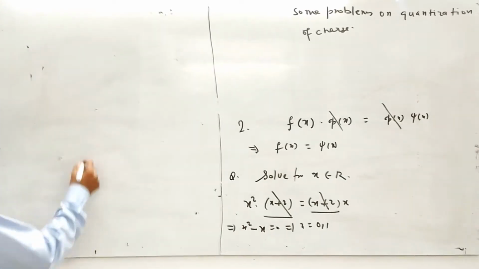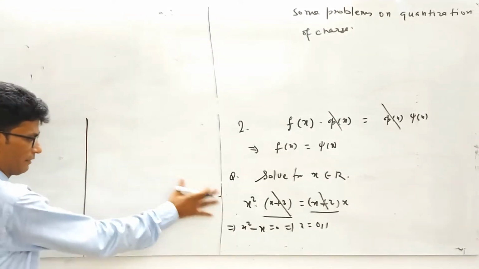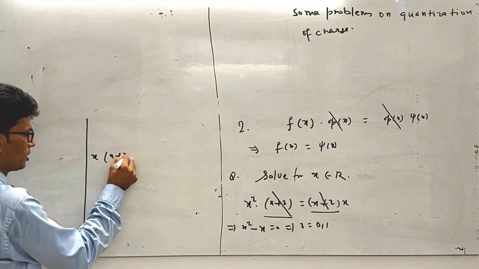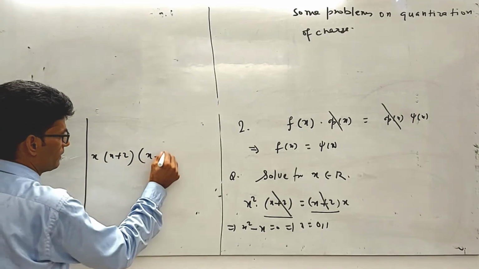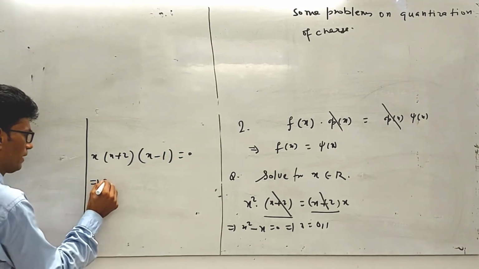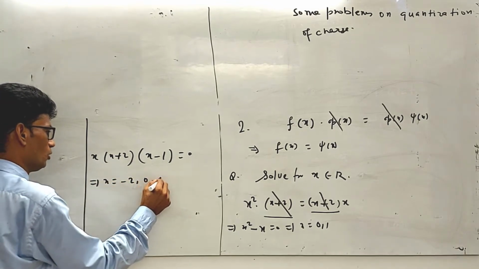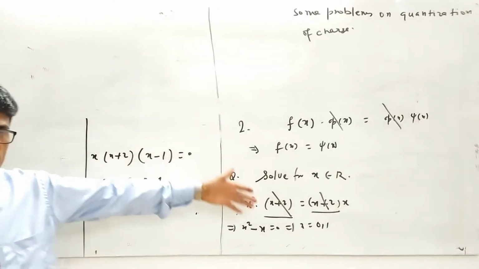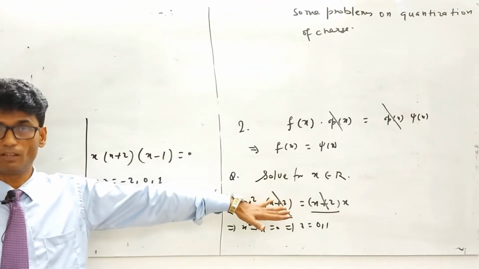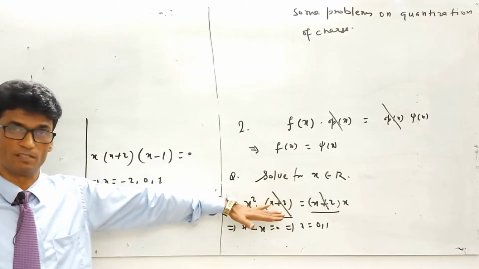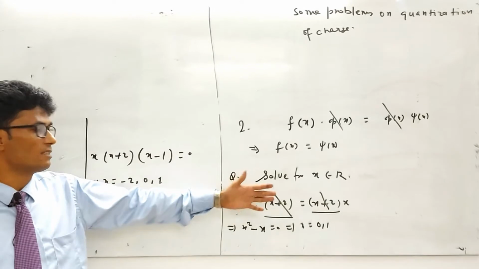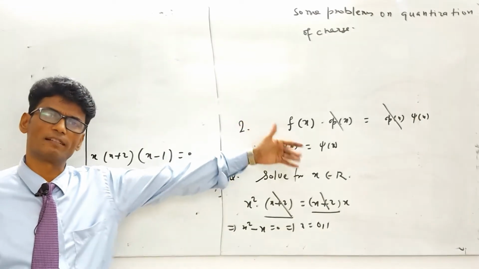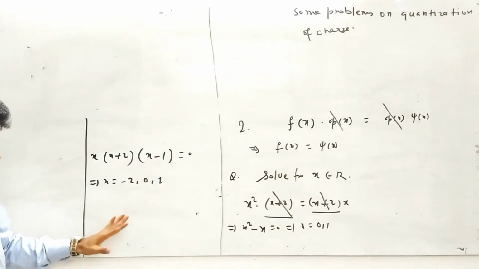Let us see here. Take everything to the left hand side, and then take the common factor x into x plus 2. It leaves x minus 1, and this is equal to 0. This implies x equal to minus 2, 0, and 1. Again, we put them one by one in the original equation, not the dummy one, and we will see these are the satisfied values. What does it mean? The value of the left hand side is equal to the value of the right hand side. So that's okay. What is the conclusion here?